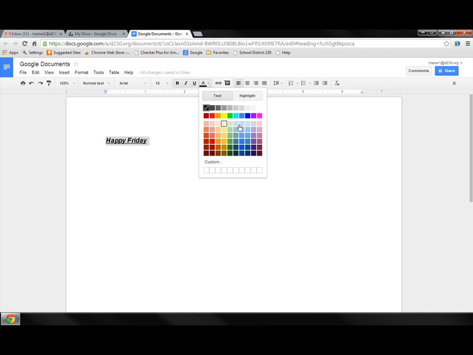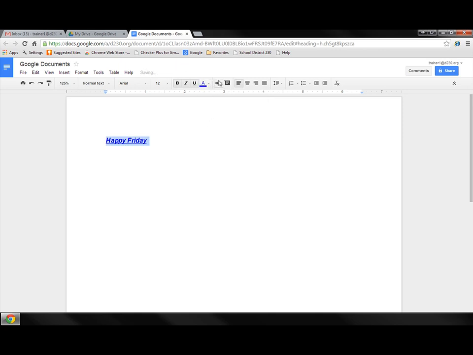Then we have our color, so we could change the text color if we want to change the text color. And then we have hyperlinks, so we could add a hyperlink. We can insert a comment. So this is just a comment, a note that you have on the side that you'll see on the document. It doesn't print, but allows you to see. So I'm going to go